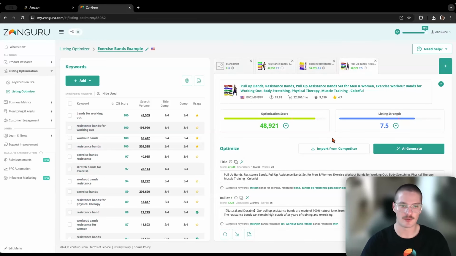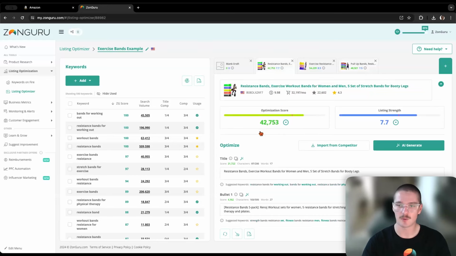Now, the big difference already with the ZonGuru tool compared to the Amazon tool is we have this optimization score. And the optimization score is a proprietary ZonGuru metric. So I can't go into the details of what makes up all of it, but essentially huge amounts of data. So things like search volume, demand, relevancy, keyword revenue, conversion rates, all these things that make up a good or bad keyword will go into that optimization score. And then that will give you a direct comparison to how you were going with your competitors.